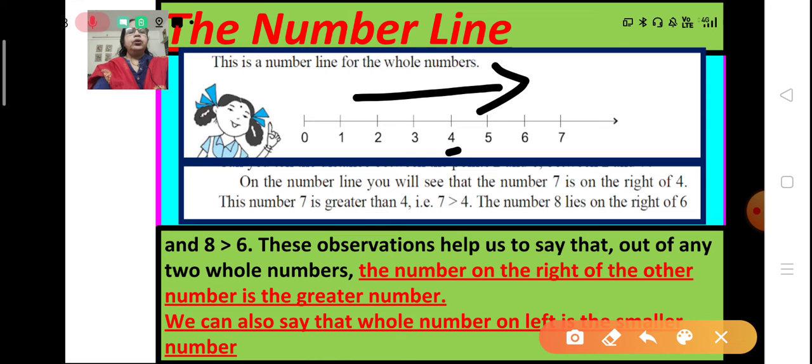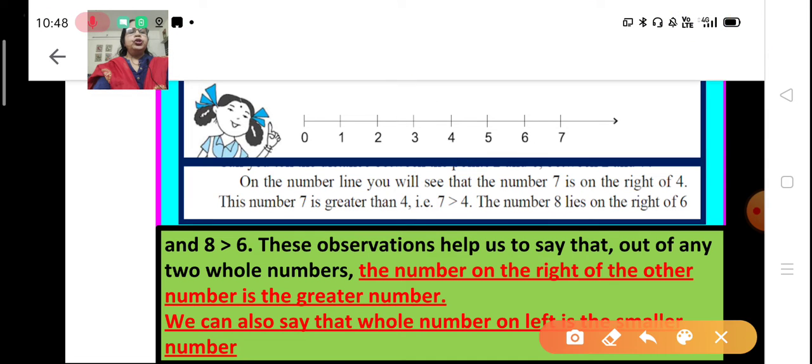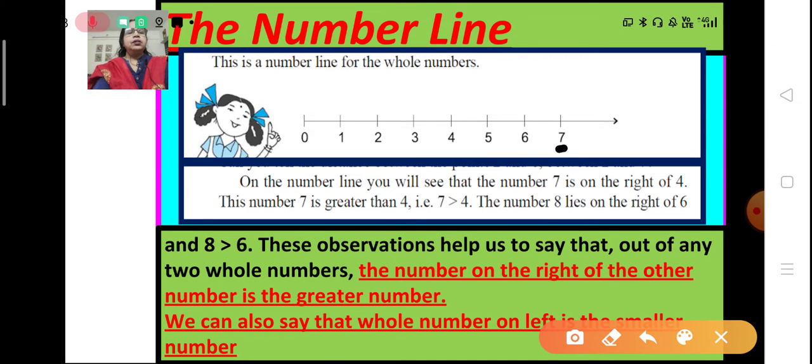Any number to the right of a number is greater than that. Okay, 4 is greater than 3. Similarly, 6 is greater than 5 and 7 is greater than 6. As we move towards the right, the numbers go on increasing, and similarly when we move towards the left, the numbers